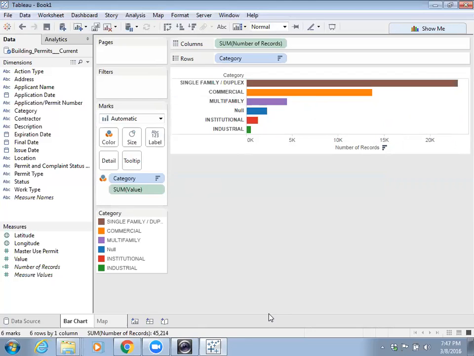So that's one thing. Let's do another thing. Now we know how the construction is trending by different categories, right? But I want to see the timeline over the period of 12 months for every year, and see which one is doing better. Is there any seasonality involved? Are you with me? So what we're going to do here is